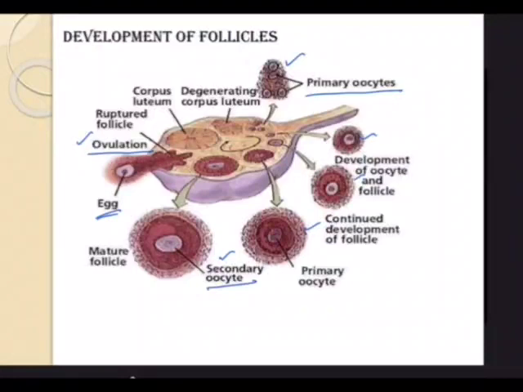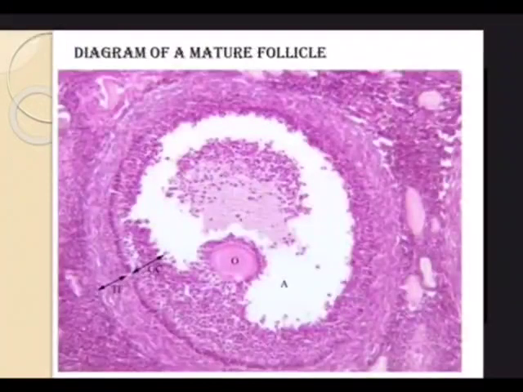The primary follicle gets surrounded by more layers of granulosa cells, as you are seeing here, and these are called secondary follicles. The secondary follicle soon transforms into tertiary follicles, which are characterized by a fluid-filled cavity called the antrum. I explained this in the previous chapter, and we can see the antrum in this also.